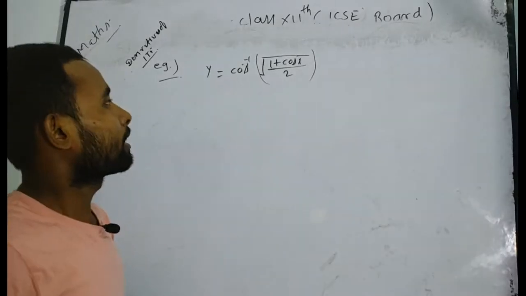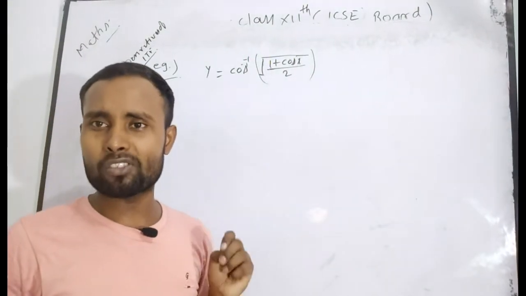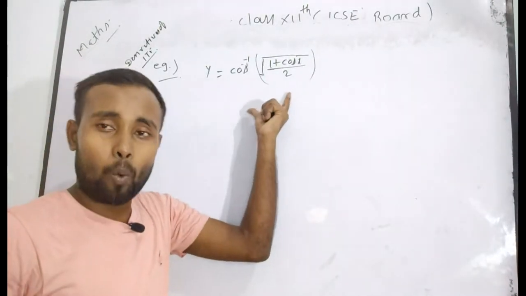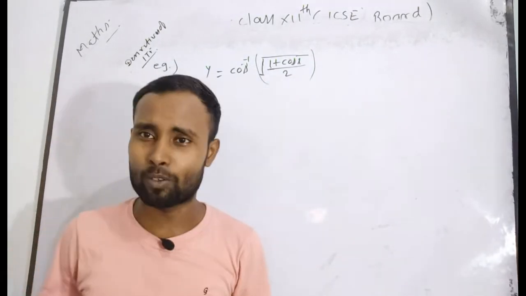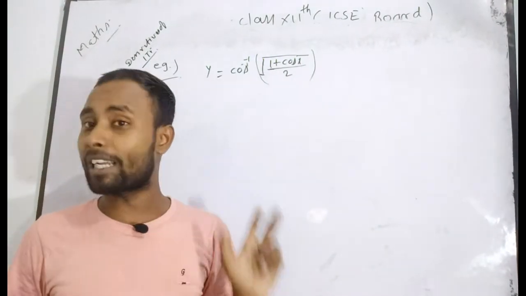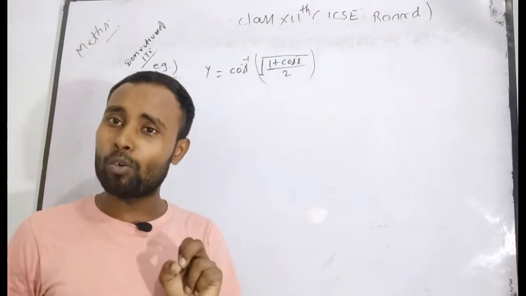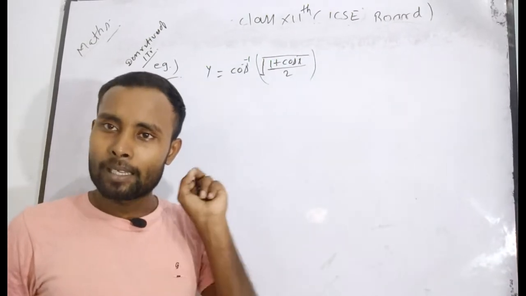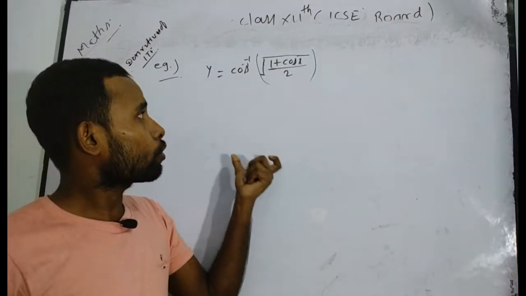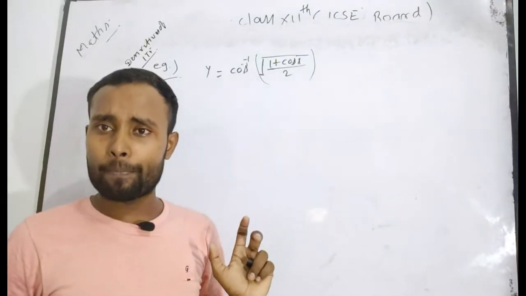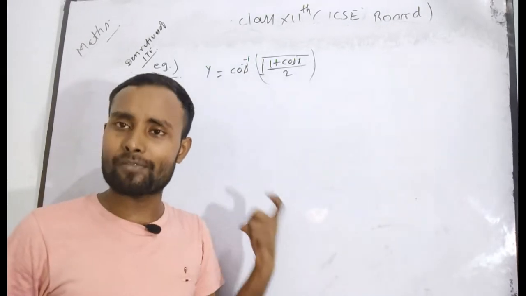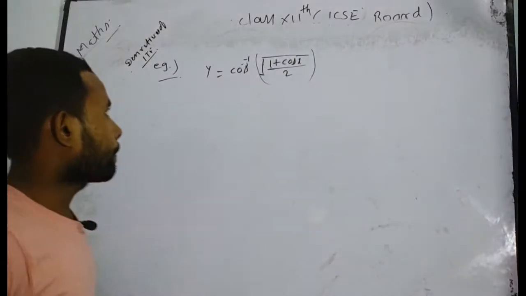Why? Because if you proceed in the usual way to solve this question, you will first differentiate cos inverse theta with respect to theta, where in place of theta is given root under (1 plus cos x) by 2. As I have already told you, if you solve this problem that way, it will definitely take a long time, and you will make some kind of mistake somewhere. So in this kind of problem, the first priority should be to simplify the given function. Simplification means that